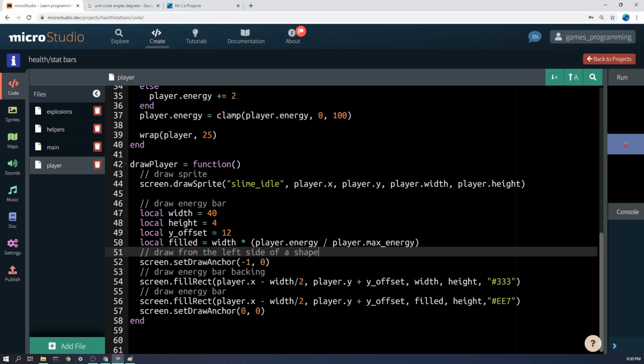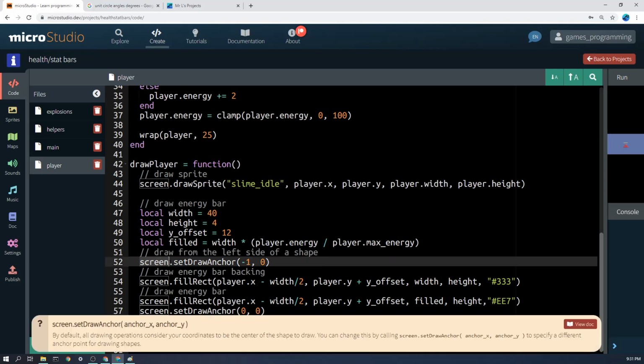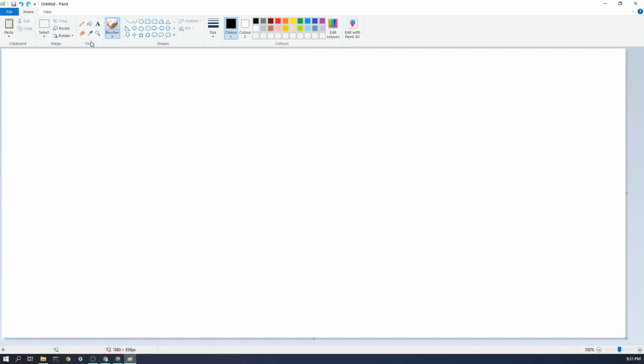I have done mine a little bit differently. I guess the problem with an energy bar, you could draw the energy in the middle of the bar. However, you probably want to draw it from the left-hand side of the bar. So if you type in this command here, screen.setDrawAnchor -1 0, just to give you a little bit of a quick overview of what that means. It basically means